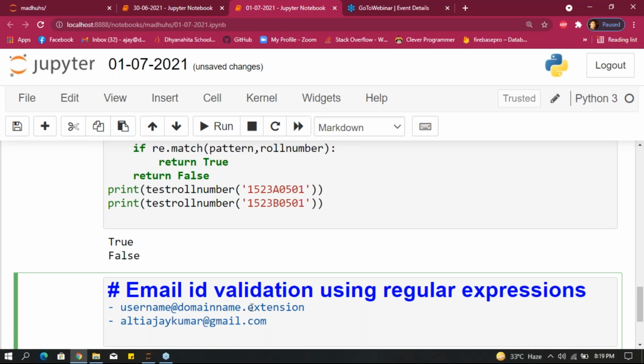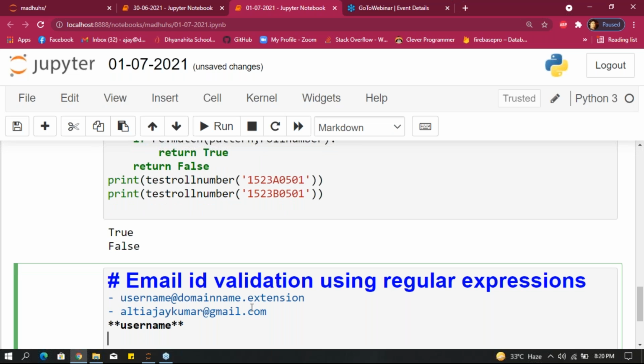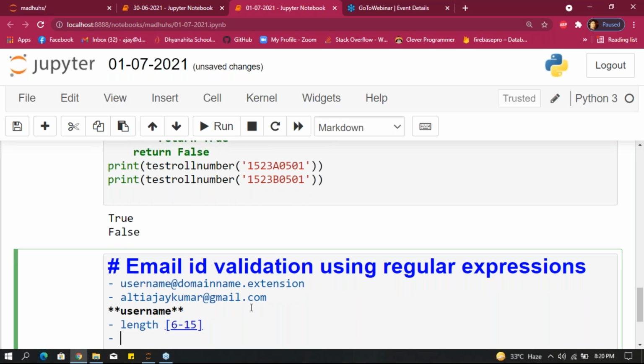How can we write this? First, take the username. For username, what length will we take? First, I'm taking minimum 6, maximum 15 length here.